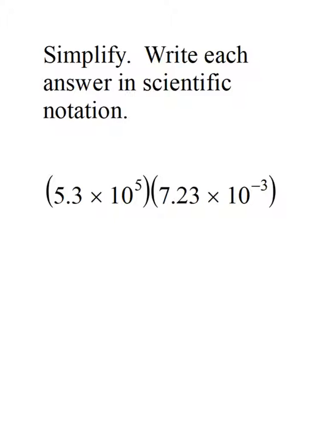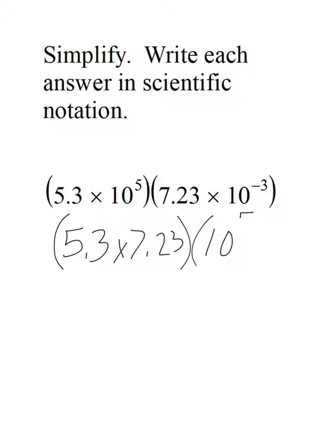Instead of 5.3 times 10 to the 5th times 7.23 times 10 to the negative 3rd, I'm going to rewrite it as 5.3 times 7.23, and then that's going to be multiplied by 10 to the 5th times 10 to the negative 3rd. Now I'm going to work with these separately. 5.3 times 7.23, I would work out the long multiplication and I would get the answer of